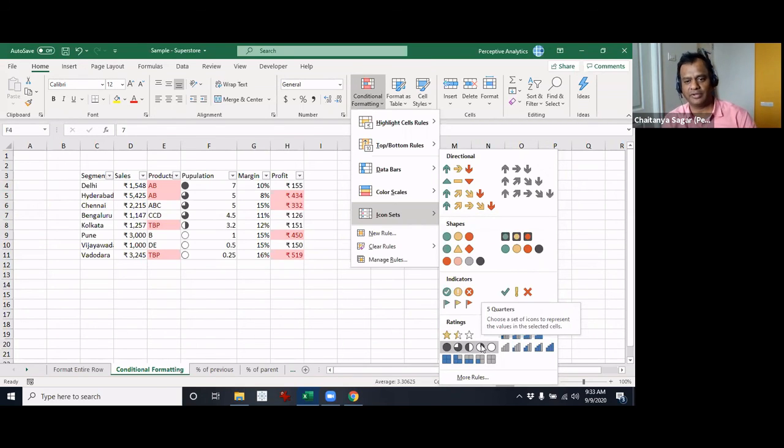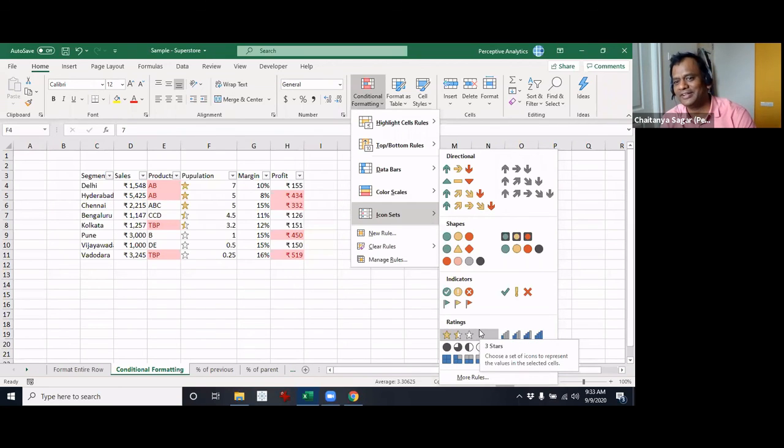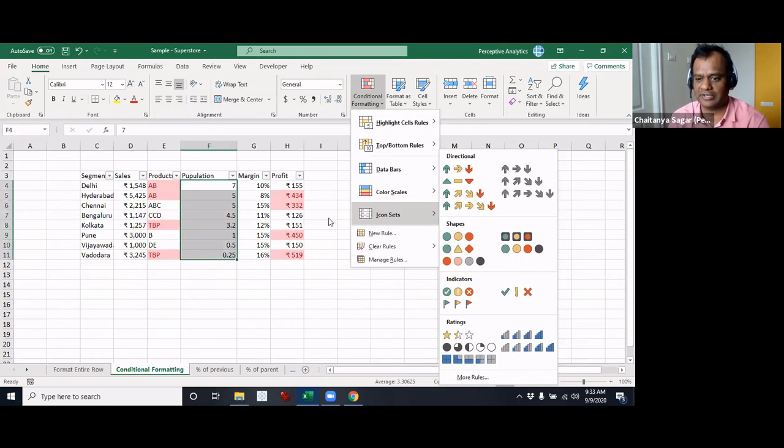Wherever it is appropriate, you can use it. Similarly, rating is difficult to achieve otherwise. If you have a 0 to 5 rating and you want that Amazon kind of 3.5, this is very useful to show that. So this is so far as all the various options are concerned.